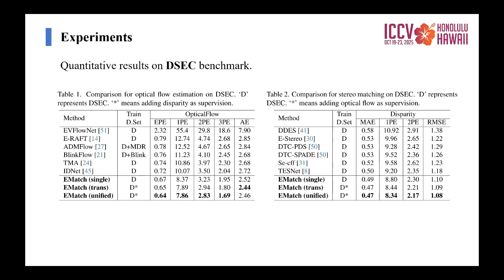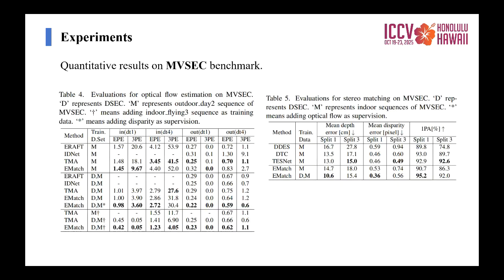We evaluated EMatch on two large-scale benchmarks, DSEC and MVSEC. On DSEC, EMatch achieves state-of-the-art performance in both optical flow and stereo tasks. Compared to task-specific methods like ERAFT and TSNet, our unified model achieves lower endpoint pixel errors while using a single architecture. On MVSEC, EMatch also generalizes well across both indoor and outdoor environments, showing robust performance even under challenging lighting